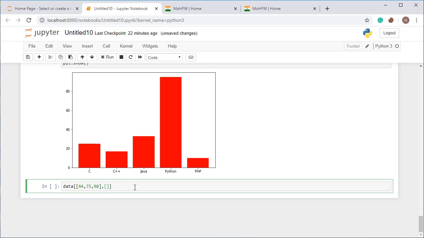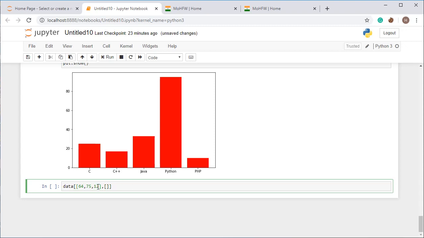I'm just plotting for three things: math, science and English. All right, I'm not going for so many things, so I'm just showing you the result of JEE Mains, physics, chemistry, mathematics, that's all. All right, among total 120 marks. All right, total marks is 360, so I'm setting it to 120.